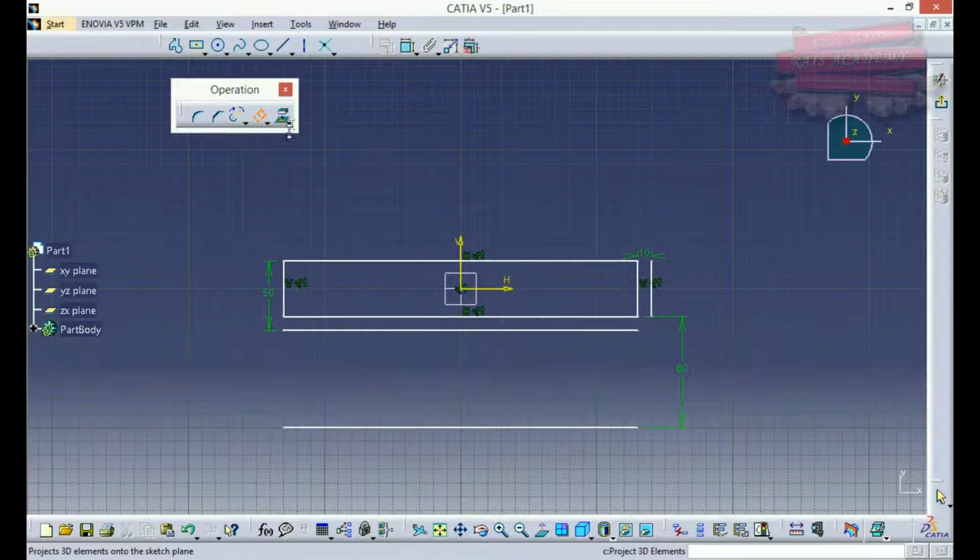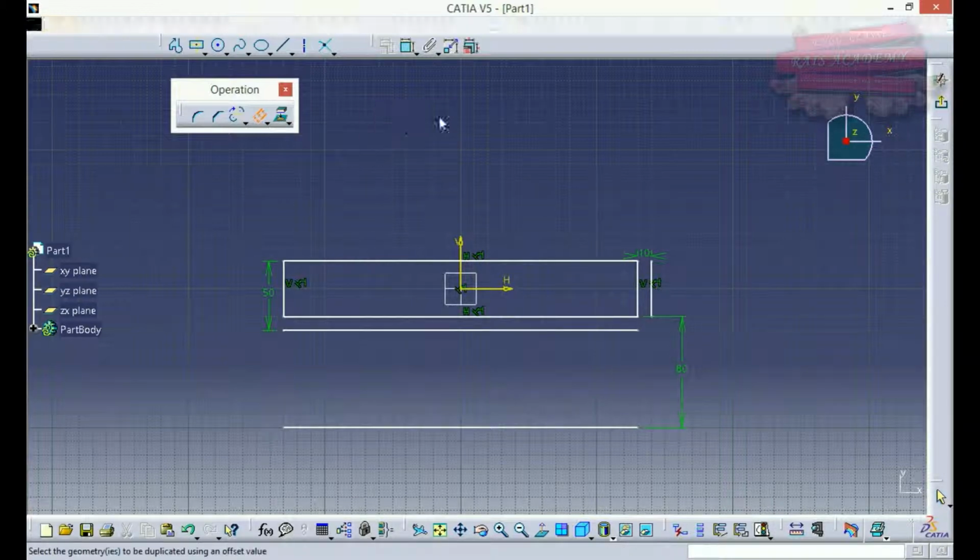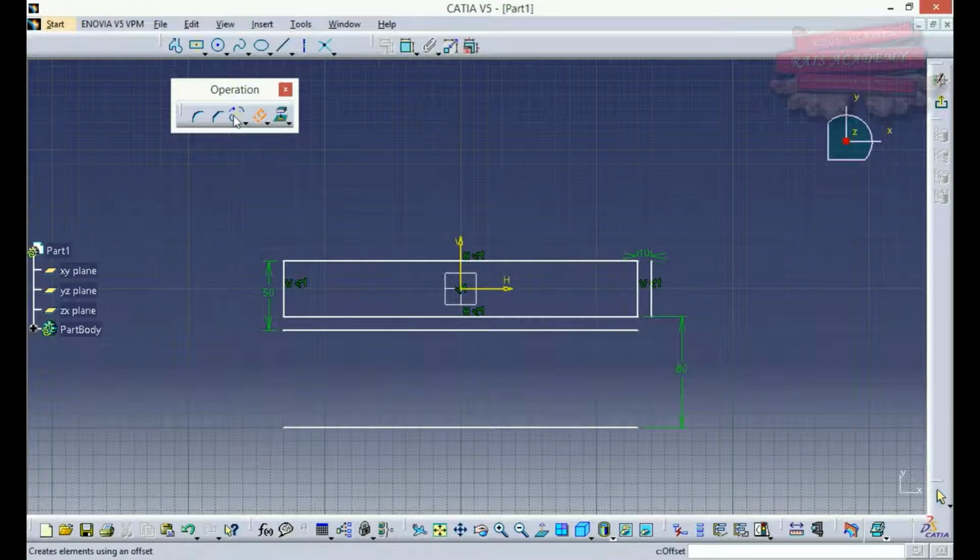Now these are the commands which we will be using while working in a 3D model. As of now, we won't be needing these three sub commands in the operation toolbar. Our primary focus while working in the sketcher would be on these commands. We'll be using these when we start working on the 3D model. Thank you very much.